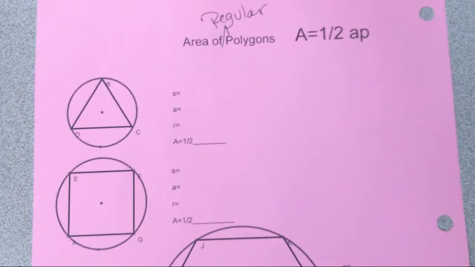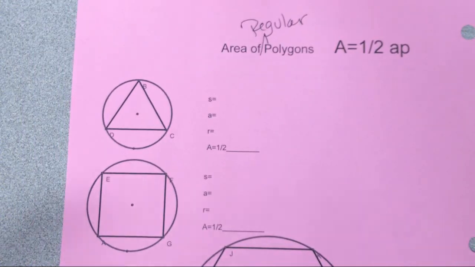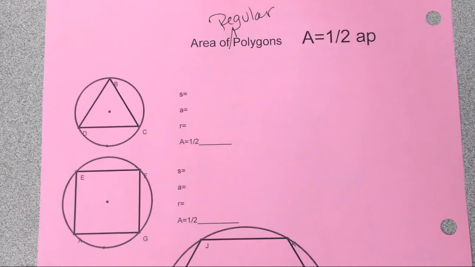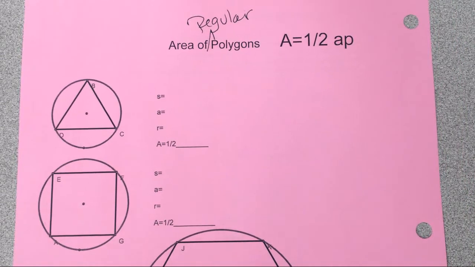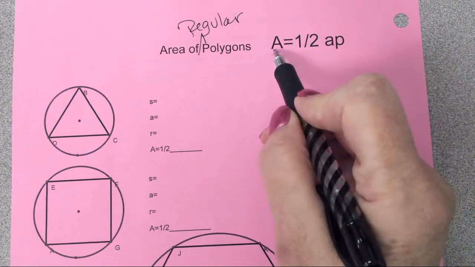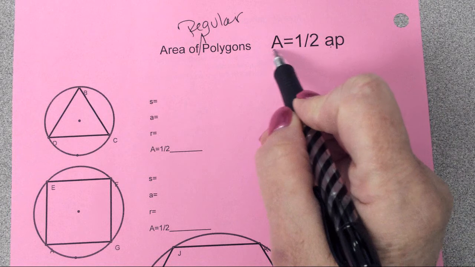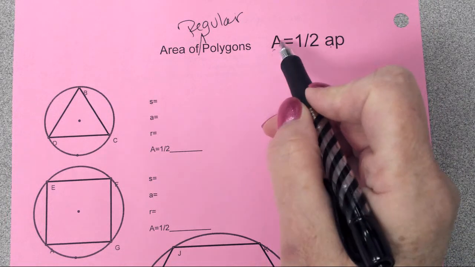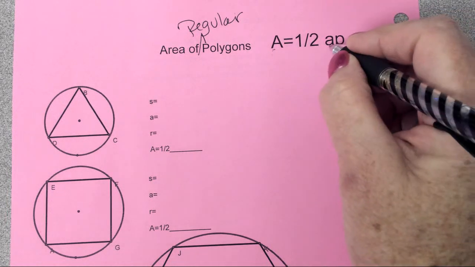Okay, area of regular polygons. So the formula, as soon as that focus is there, 1/2 AP. First of all, notice capital A and small a. So again, a capital A always stands for area. So this is the area of. This a stands for